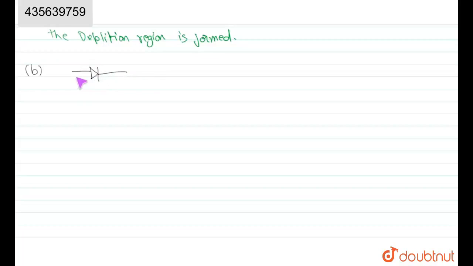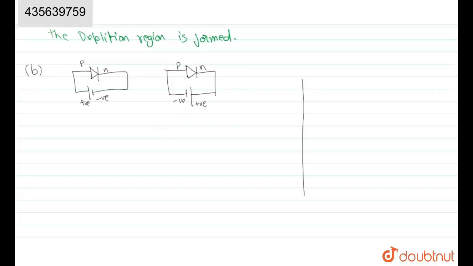So this is our diode, this is our forward bias, and we connect the P side to positive terminal and N side to negative terminal, and in the reverse bias we connect positive of battery to N terminal and negative of battery to P side. So we obtain the biasing characteristics as